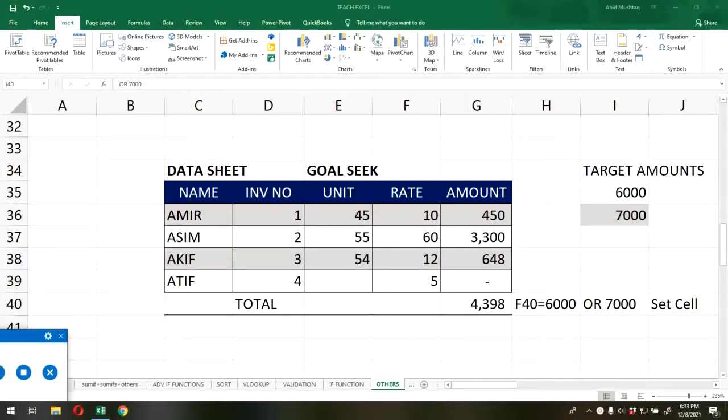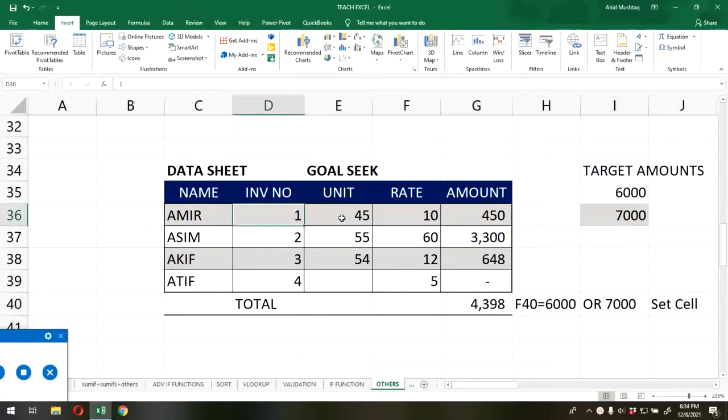Today my topic is a very important Excel function, which is goal seek. Sometimes we need some amounts which are required by us, but we don't have the actual data which shows the actual amount. Like we want to get a sum of 7,000, or the target amount must be 7,000, and